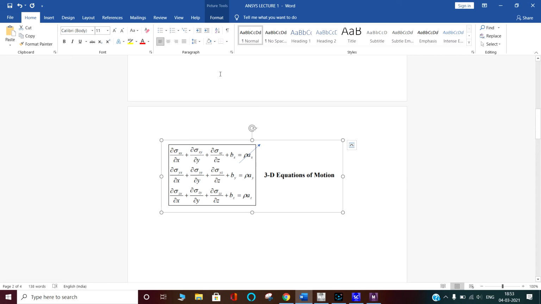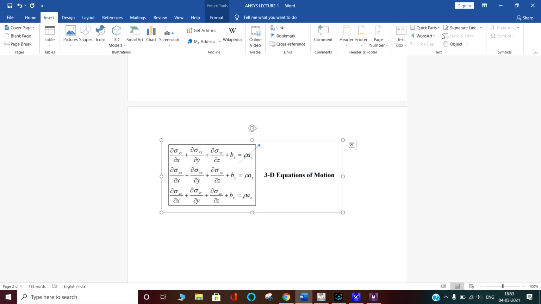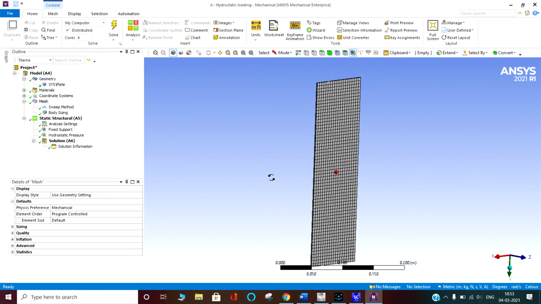Then it becomes the 3D equations in equilibrium. And this equation is solved on each element of this body.